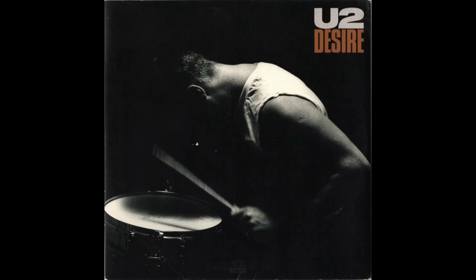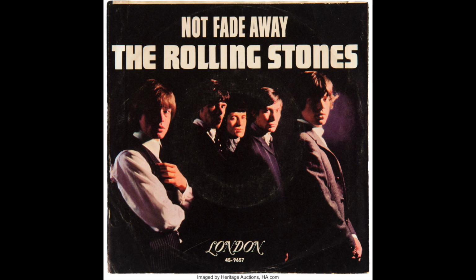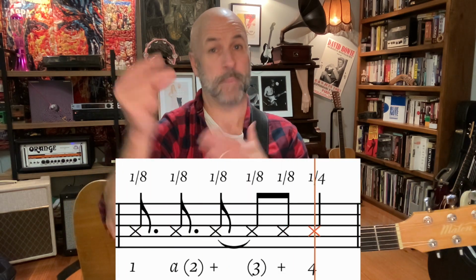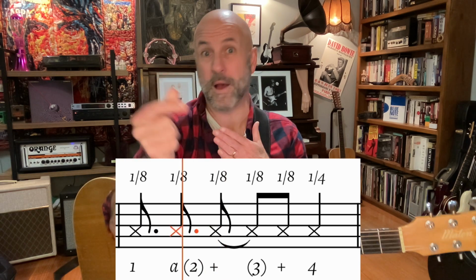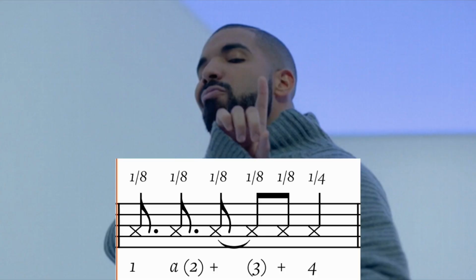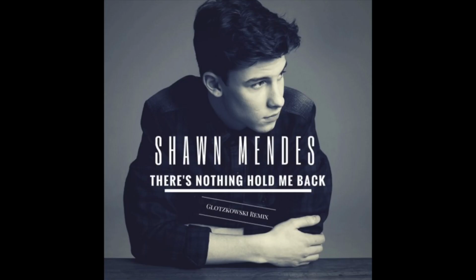I'm sure it sounds like countless different songs to you right now. Could be New York Groove by Ace Frehley, Desire by U2, Not Fade Away, Faith by George Michael, I Want Candy, or more recently, Don't Start Now. Now if we just take the first part of that pattern, we go ba, ba, ba, ba, ba, ba, just repeat that. This has been done to death in American pop in recent years by the likes of Bieber, Drake, Sheeran, and of course Shawn Mendes.